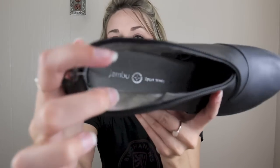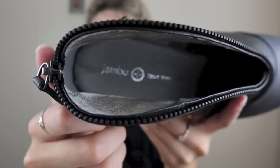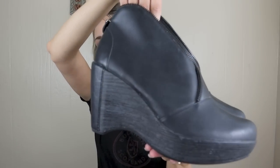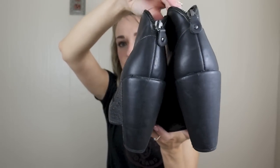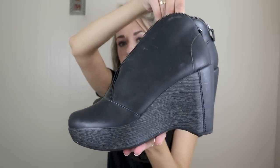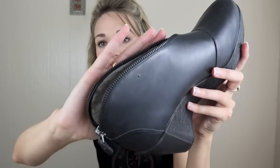Our last pair of shoes are Jambu, which I've never sold this brand before. I believe it is a comfort brand, and these are really nice. So they are genuine leather. They have this really interesting kind of faux wood platform base here. And I just thought they were a really neat, kind of quirky pair of shoes with this zipper opening, so it's obviously not functional because your foot is in here, but yeah, I thought that was really